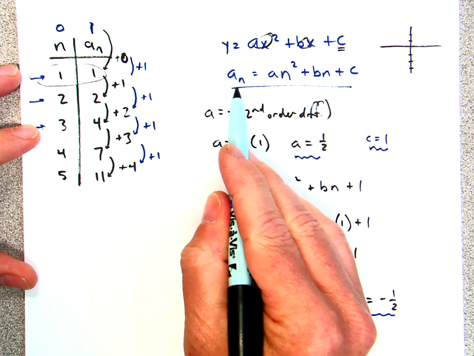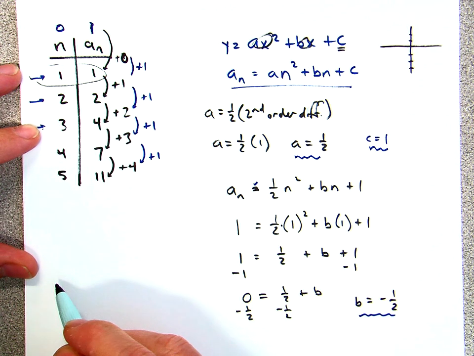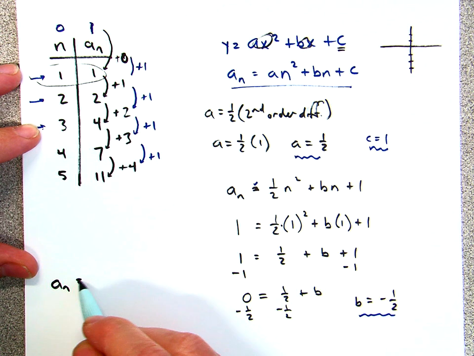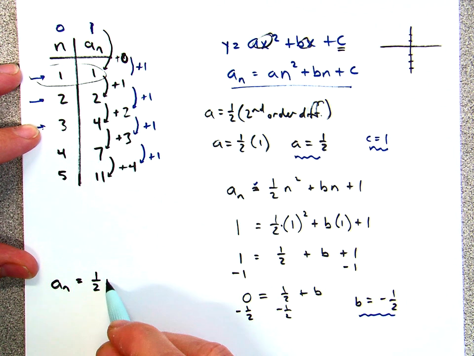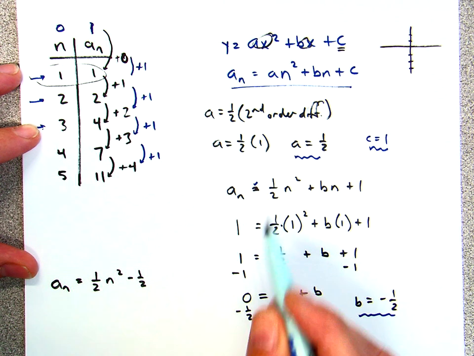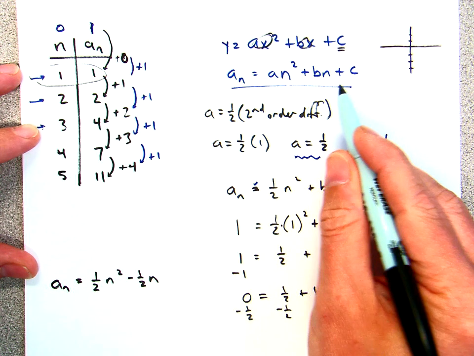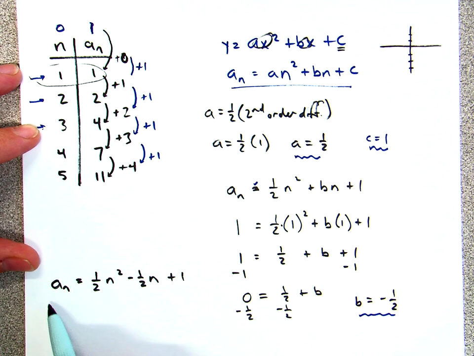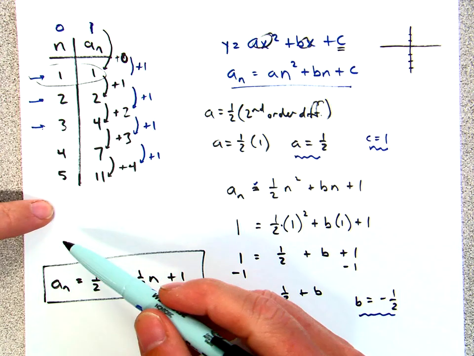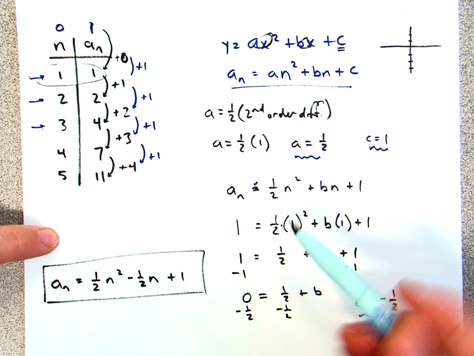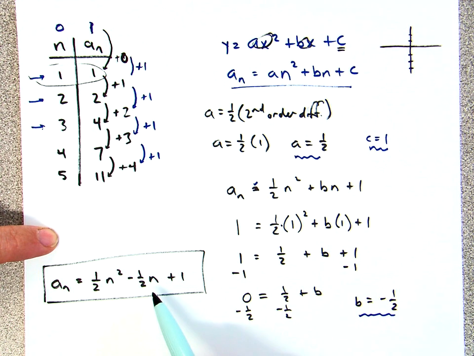So we want to be able to find any term that we want by using the formula where a is a half, so I'm going to say 1/2 n squared minus 1/2 n, right? Plugging that in for b, plus c, which we found was 1. So I'm leaving n and a sub n alone because if I wanted like the 50th term, if I plug in 50 for the n's and work this out,